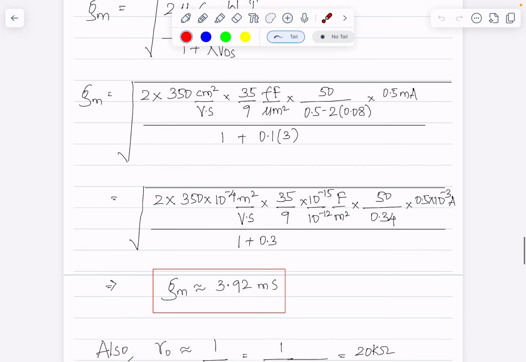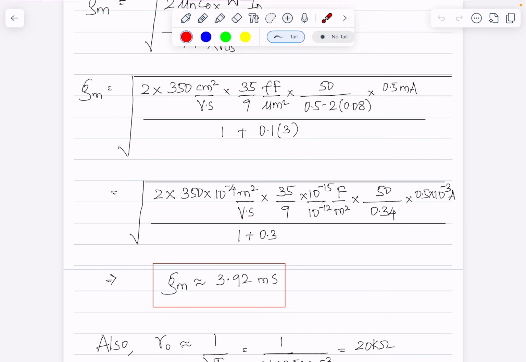Now again, bringing all the units to one standard unit. So we are going to write 2 times 350. I'll convert centimeter square to meter square, so I'll need to multiply by 10 to the power minus 4, because 1 centimeter is 10 to the power minus 2 meters. And since we have a square, it will be 10 to the power minus 4 meters square